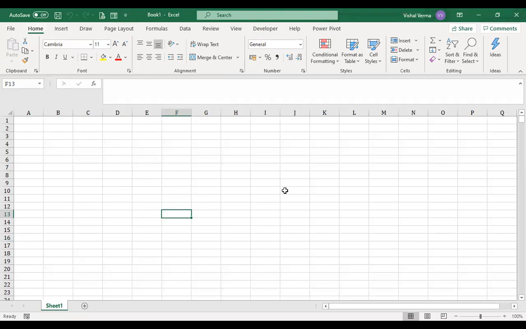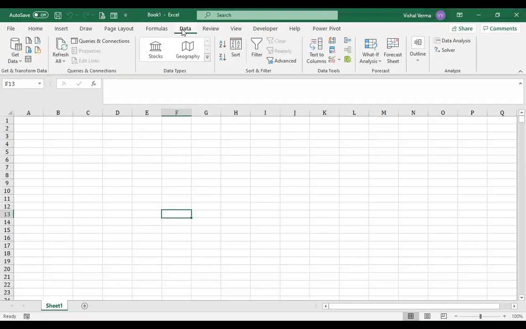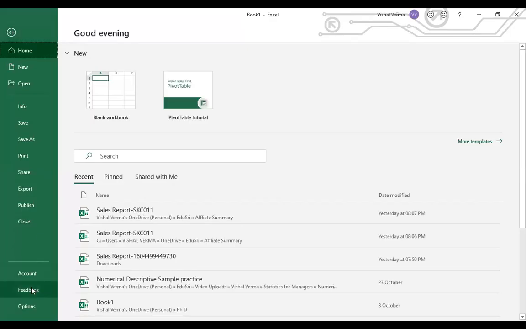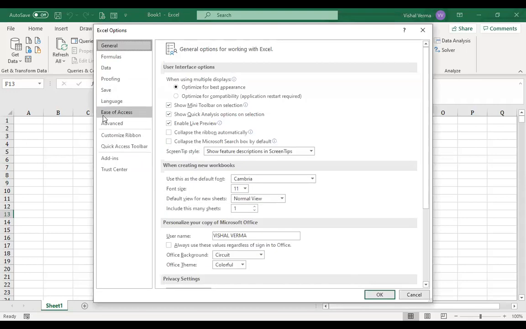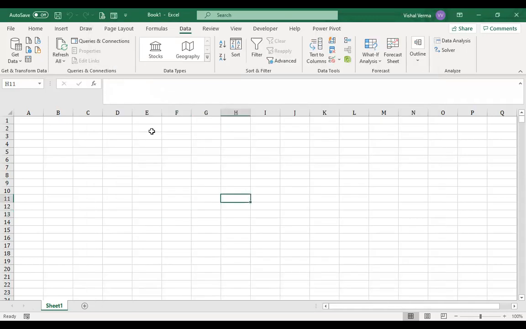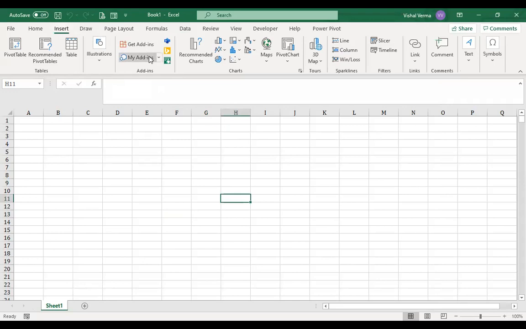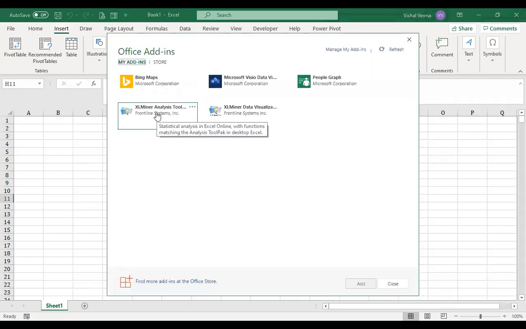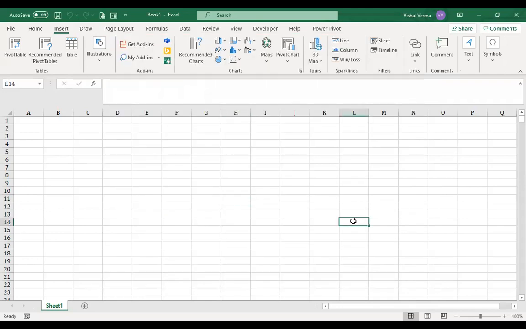the two things that are going to be important. One is that you need in Excel the data analysis tool pack and solver that will be present here in the options. So you can go for add-ins. Okay, you get the Excel add-ins from here. Okay, and one more thing we will be requiring is the Excel miner. Okay, so once you get the Excel miner, it will be there, and you can use that Excel miner for logistic regression. Okay. You can use the Excel miner for linear regression also, because it is available there.